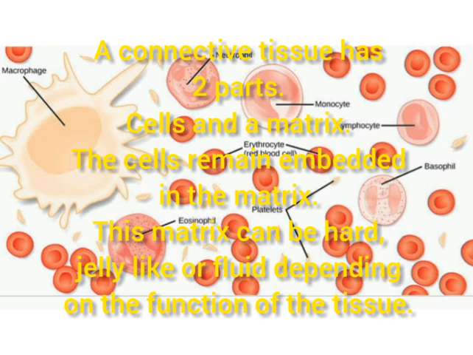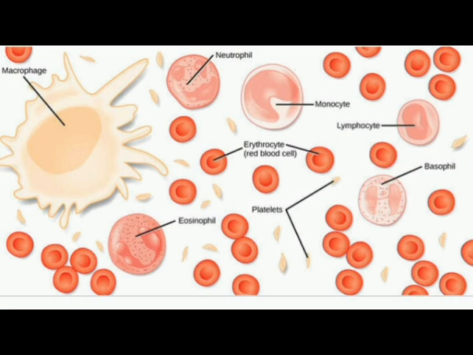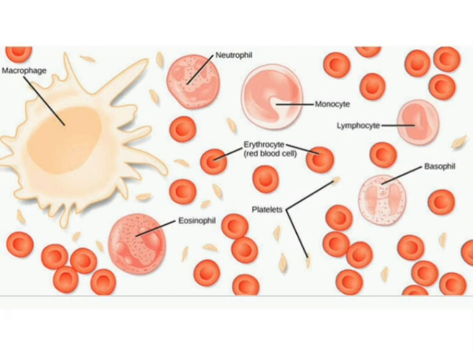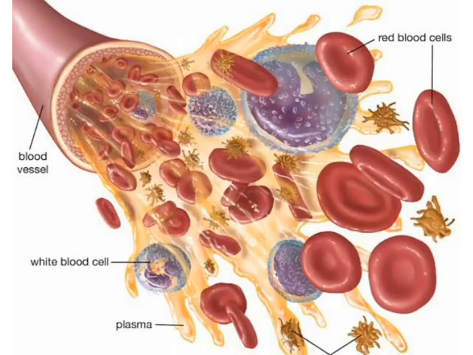At first, we will discuss our familiar example, blood. Blood is a fluid connective tissue, meaning the matrix of blood is a fluid. This fluid matrix of blood is known as plasma. The term plasma is common nowadays because we do plasma therapy for corona patients. This yellowish fluid part you see in the picture is plasma. It holds the blood cells.